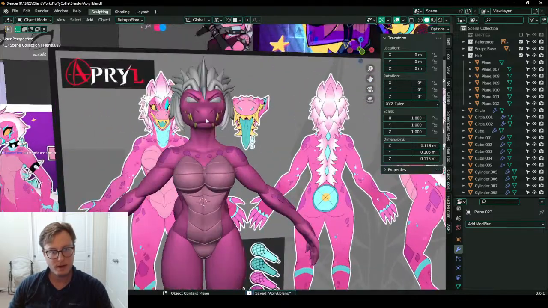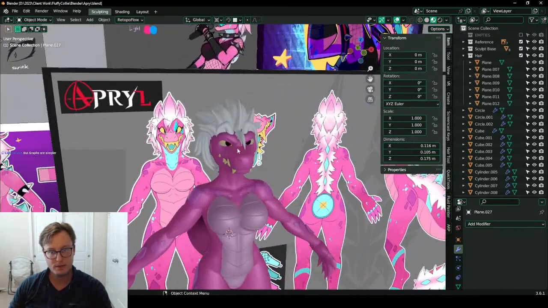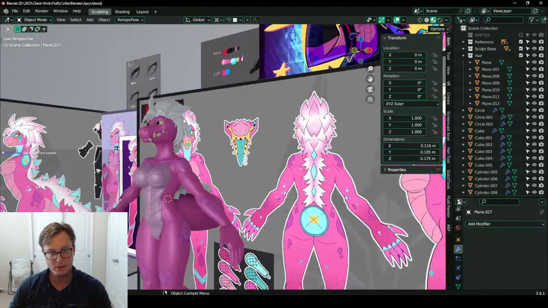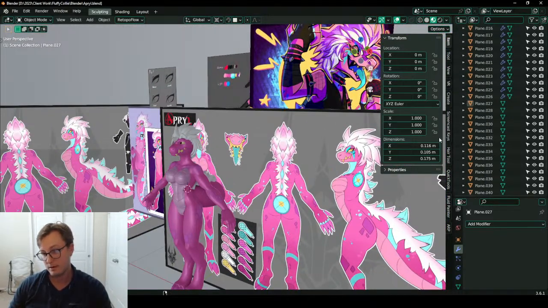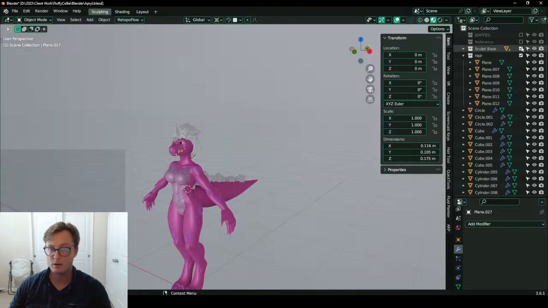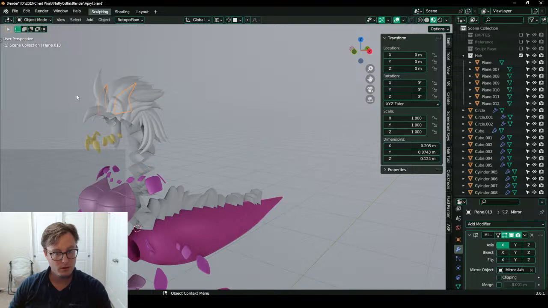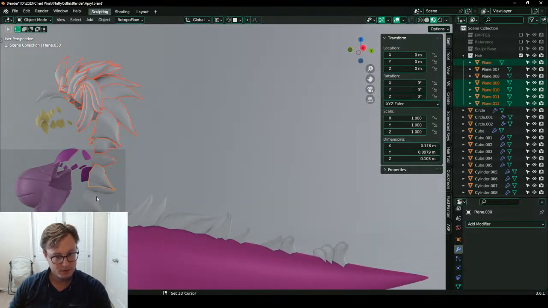Let's also make those eyelashes because that'll be like the last piece. I mean, we still have more hair to add, but it's a lot of hair. There's a lot of hair. Need to organize the rest of all this stuff too.